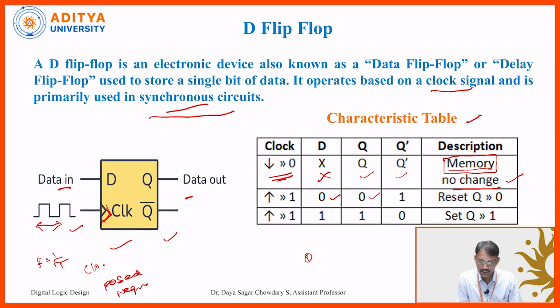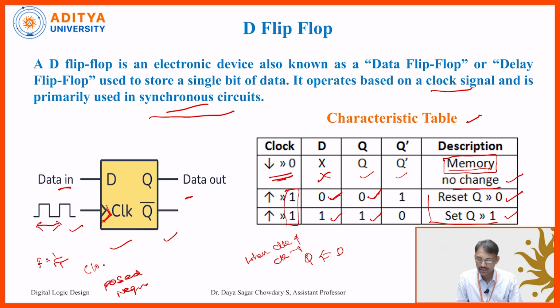Simply, we can say Q follows D when the clock signal is high, that is, when the clock signal is 1. Likewise, if we check the characteristic table, if D is 0, the output Q is 0, and if D is 1, Q is 1, only when the clock signal is high. That means we can use Q equal to 0 and Q equal to 1, that is reset and set. Because we are taking this D flip flop from the SR flip flop,